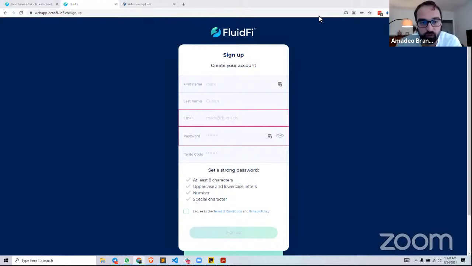Yes, and we'll also drop more information, probably next AMA, about the DeFi bridge DAO airdrop that is coming next. FluidFi is the bank, but the DAO will not be FluidFi DAO, it's more the DeFi bridge DAO. There's going to be two websites, the FluidFi website and the DeFi bridge DAO website, and we're working on that now.